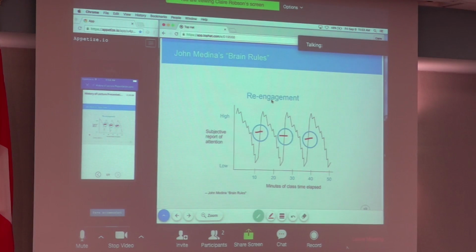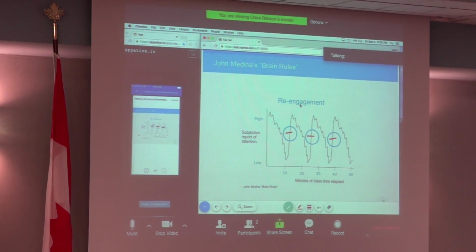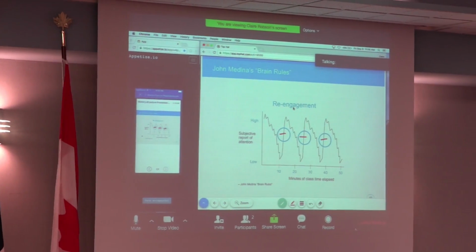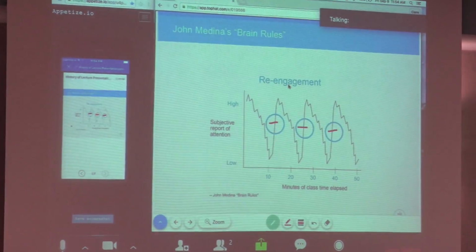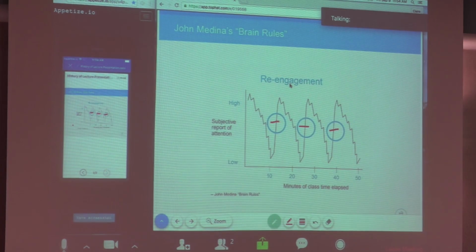So what we suggest and what a lot of professors have started doing is every 10 to 15 minutes or so, engage them with something that's really going to get their adrenaline running, ask them a couple of questions, start a discussion, something that's going to really incentivize them to pay attention for the duration of the lecture. So you can really make the most of the time you have with them, because I know that time is really limited for the most part.